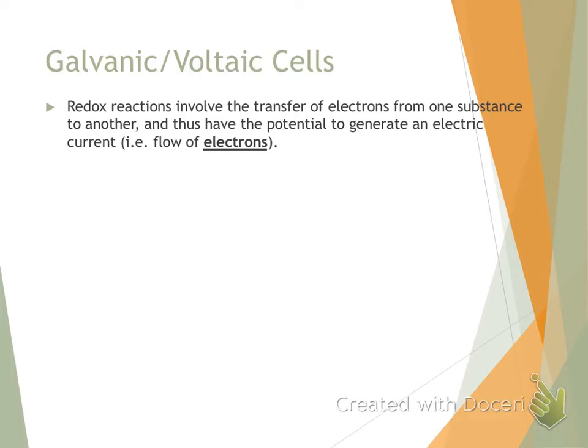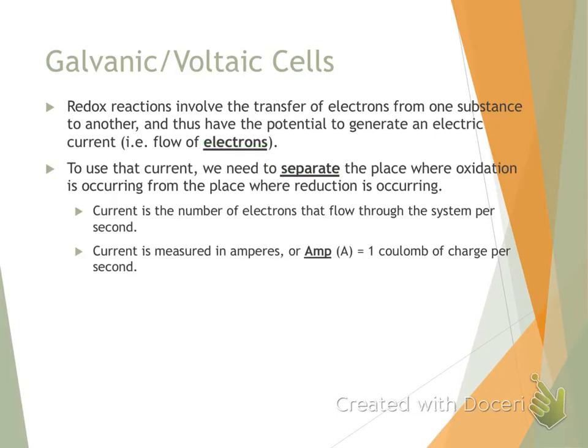Galvanic cells are able to do this because those redox reactions involve that transfer of electrons. As the electrons transfer from one to another, we can create an electrical current. That electrical current is a flow of electrons, so we can use that flow of electrons for our electrical current, aka electricity. In order to use that current or that electricity, we have to separate the place where oxidation